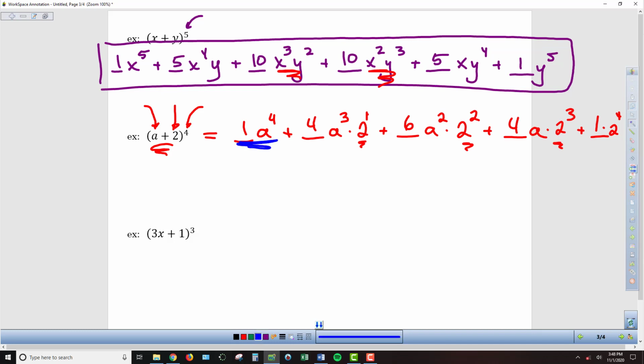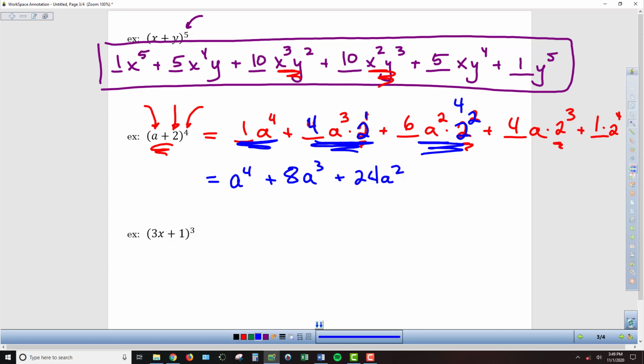So if we start here with this one, right, so we've got 1 times a to the fourth, well, that's just a to the fourth, nothing much going on there. For the second term here, I've got this 4, and then I've got times a to the third, and then times 2 to the first, which is just 2. So really I have 4 times 2, so I'm going to clean that up and make it 8a to the third. For the next term, so here we've got 6 times a squared times 2 squared. Well, of course, 2 squared, this here is 4, so I've got 6 times a squared times 4, or